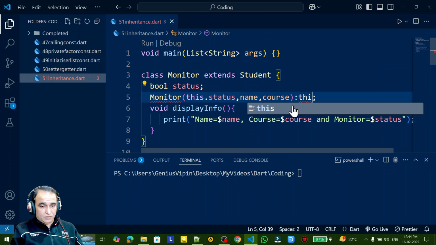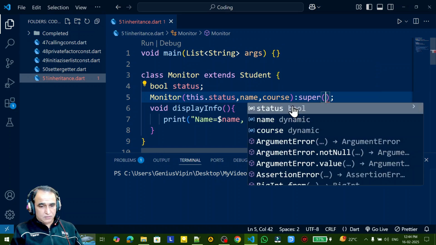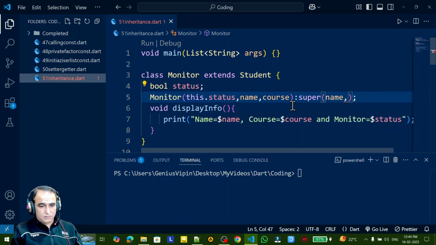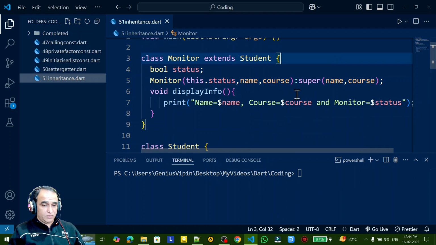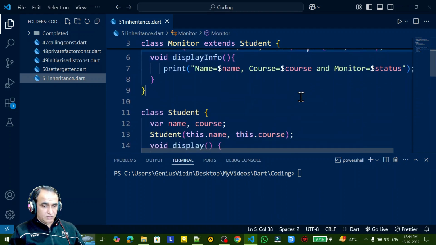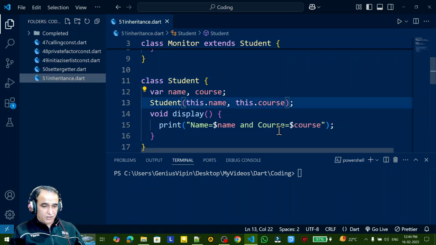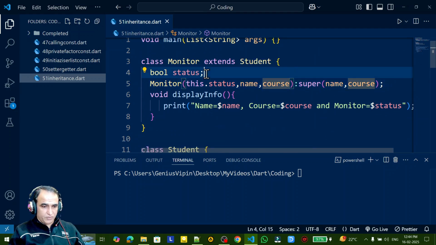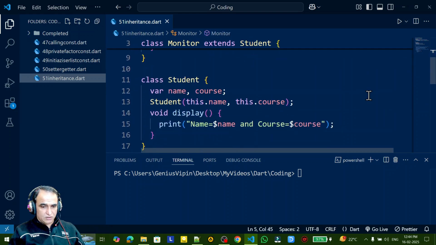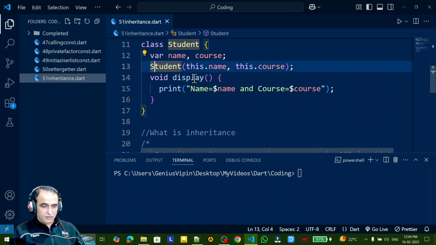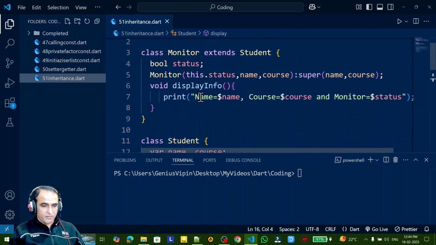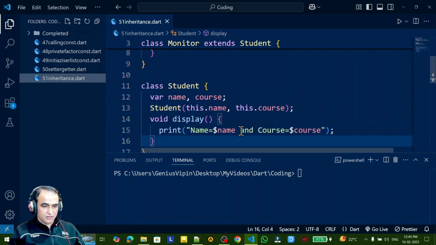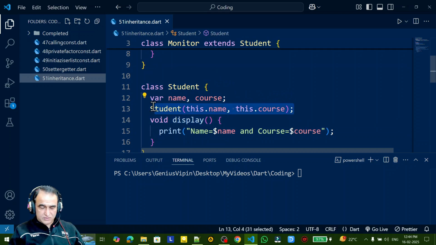So super, and here I pass name and course. Remember? With the help of super, I'm calling this here to initialize these values. These values are coming from here, and I'm passing this to the super class constructor here, and this will display here. Remember that. We have to learn like this, because in both the classes we are creating a